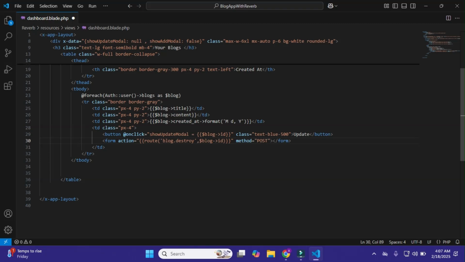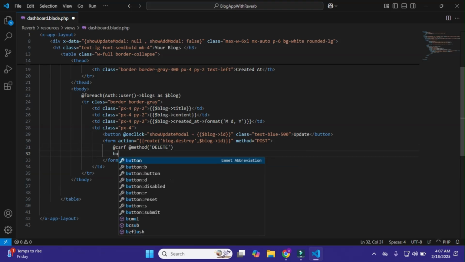Okay, and I'll make this method post, and just this. Okay, so we simply do this, and after this I have this csrf and at the rate method, and method is delete.